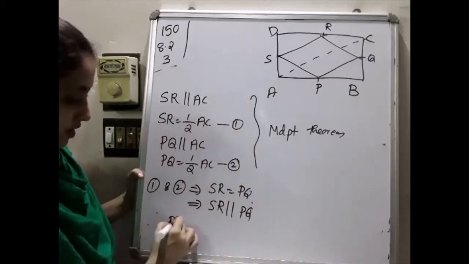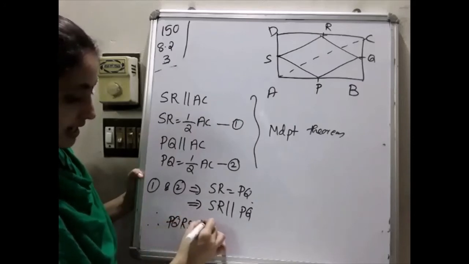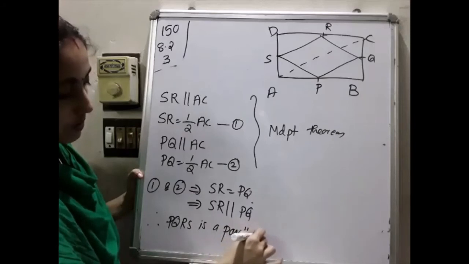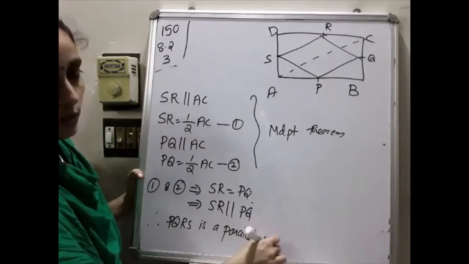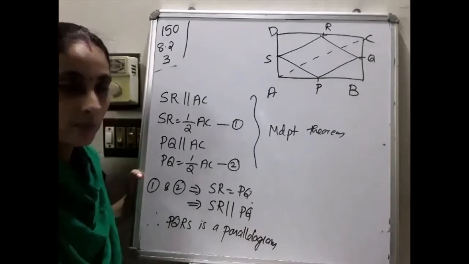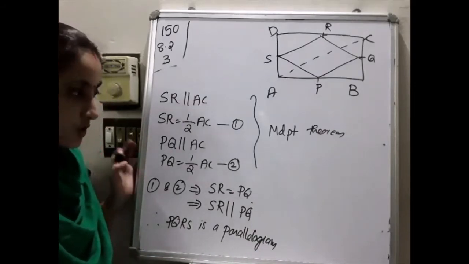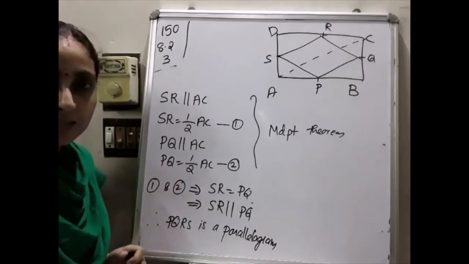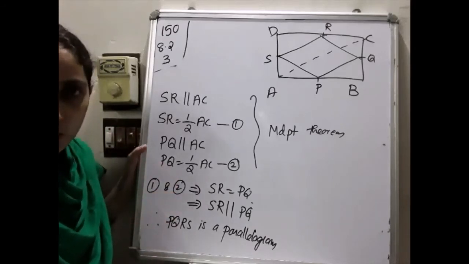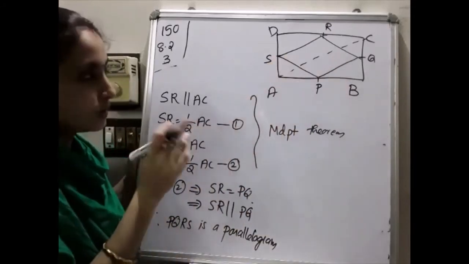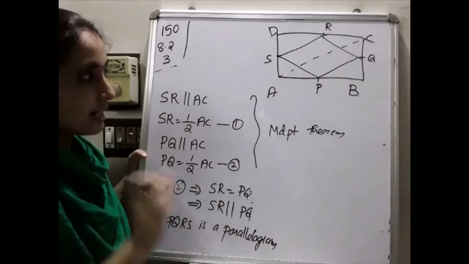Therefore PQRS is a parallelogram. So what do we have to prove? While doing each and every step, we have to think about what our next step is, or where we reach. So parallelogram. Then how can we say that a parallelogram is a rhombus? That means adjacent sides should be equal. So here adjacent sides I am taking PS and PQ. We have to prove they are equal. That is our next aim.